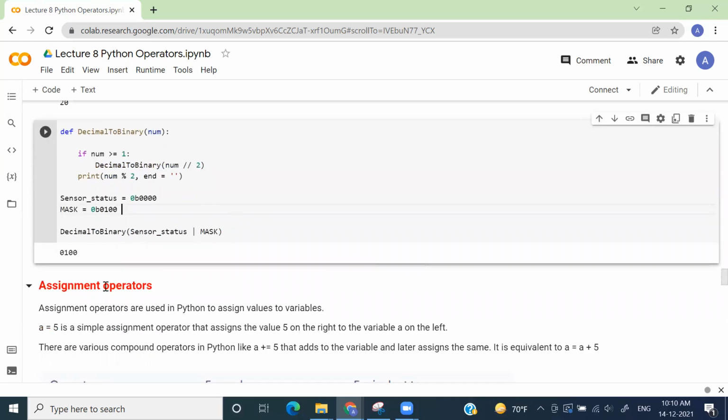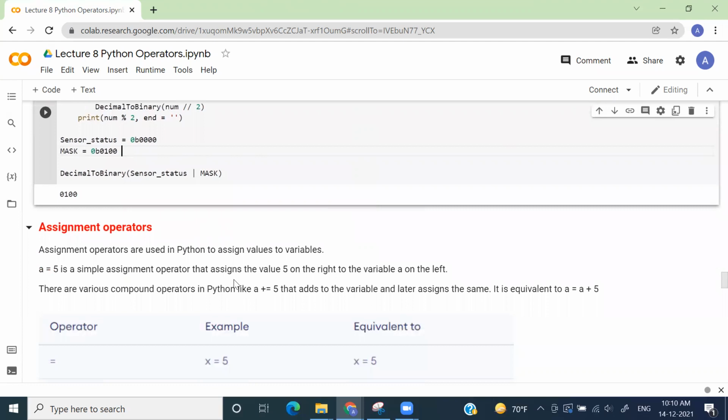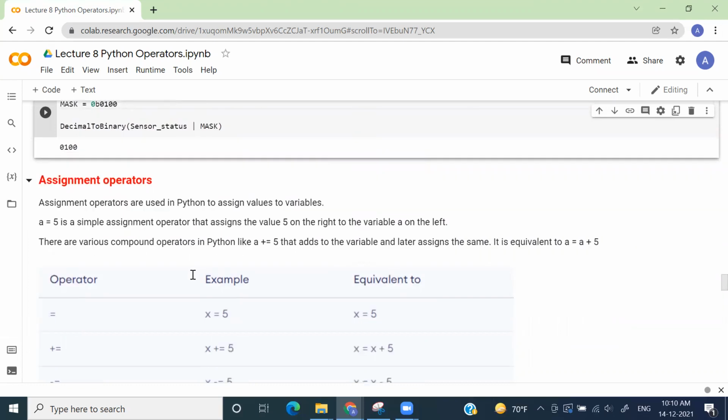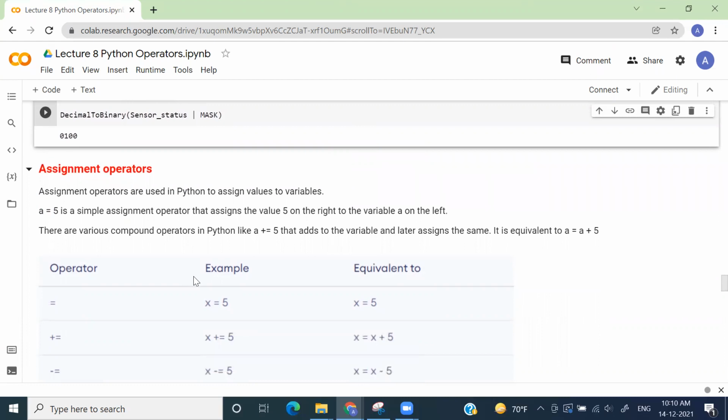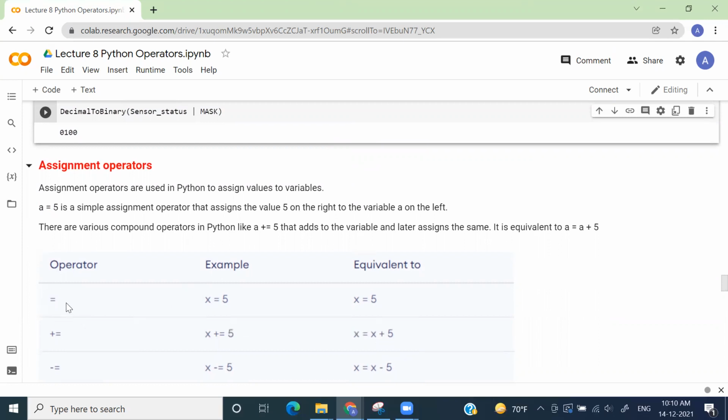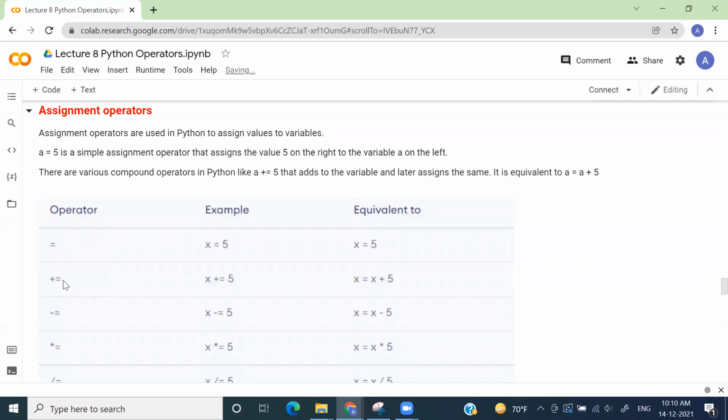Okay, now the next operator that we have to see is assignment operator. And this is the operator which we have already seen many times, right? We have assigned a constant to variables many times. So this is the operator I'm sure by now you are very much comfortable with, right? Now we are having another operator which is plus equal to, right?